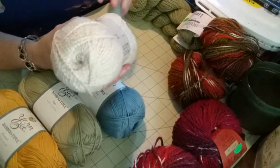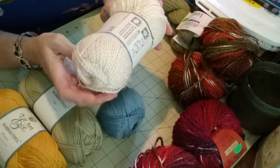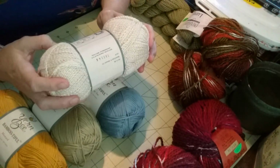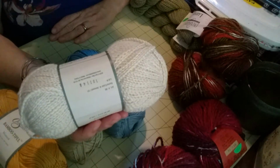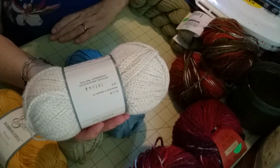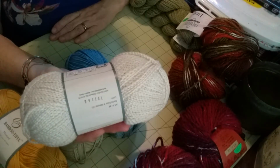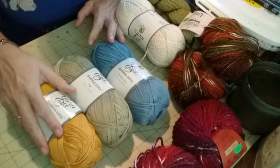But Hobby Lobby didn't have the yarn on sale that day, and I had to pay full price. I think I've talked about that before. That was a $5 skein, 235 yards. I prefer to look at yards rather than ounces. Ounces doesn't tell you much, because you can have a bulky yarn that's not very long and won't last you very far in your project, but it may weigh the same as a finer yarn that will go really far. Anyway, and then these are all bamboo